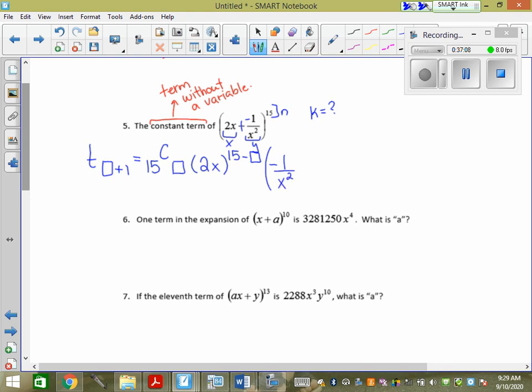Now, instead of writing it like that, what can I write it as? X to the, if I bring that x squared up, it's x to the what? Negative 2. Once again, a grade 10 rule, right? It's always grade 10 rules that differ. So x squared moving up is x to the negative 2. So I can actually write this as negative 1 x to the negative 2 to the box.